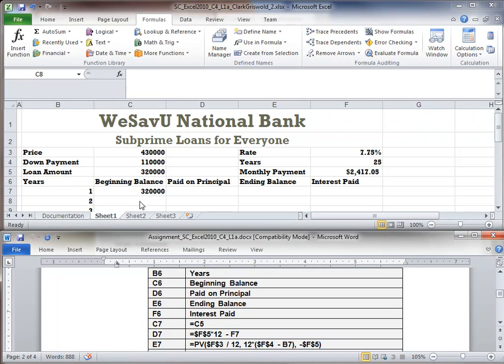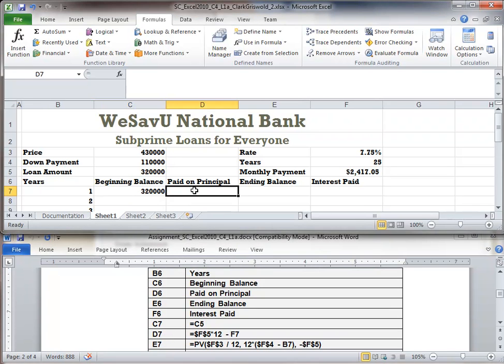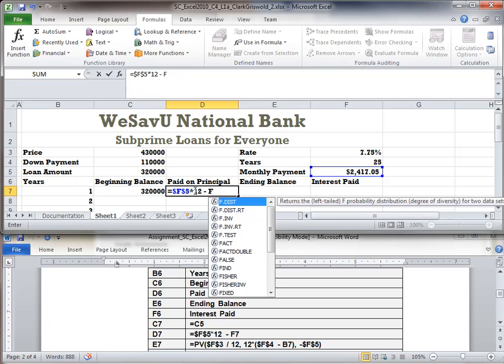D7, in this I'm going to enter $F$5, which is an absolute reference to that cell F5. As I copy this formula, the F5 will remain that value for my monthly payment, times 12 minus F7,